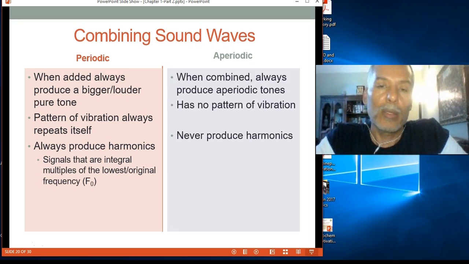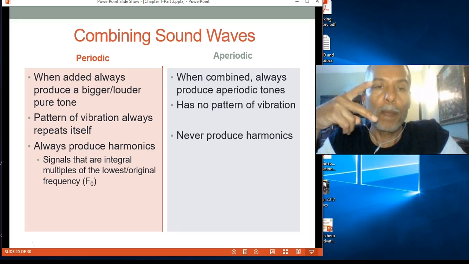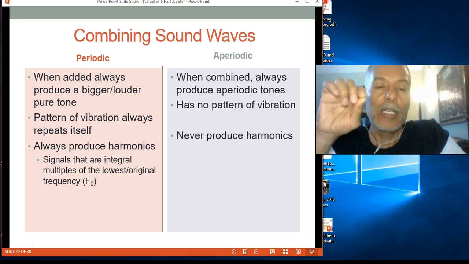So, periodic compared to aperiodic tones. I'd like you to know how to compare between these two and to be able to answer a question in the exam about them. Periodic means when added, they always give you a bigger or a louder pure tone. Periodic means, let's say you have two people and both of them have exactly an identical voice,